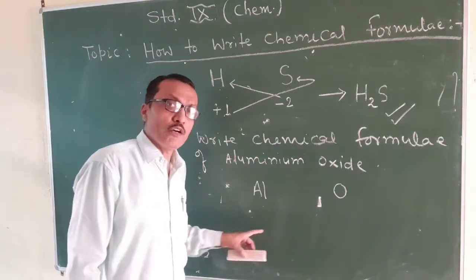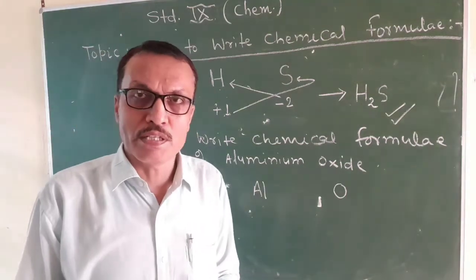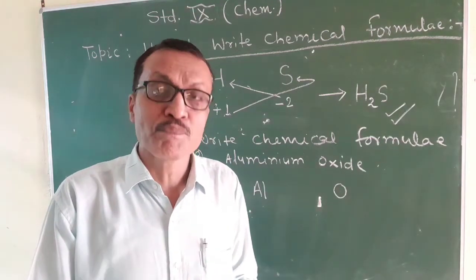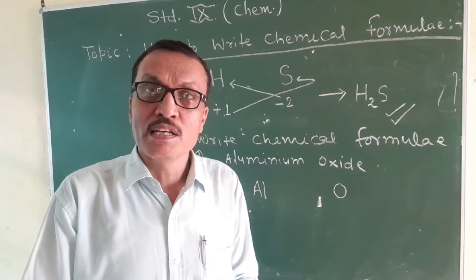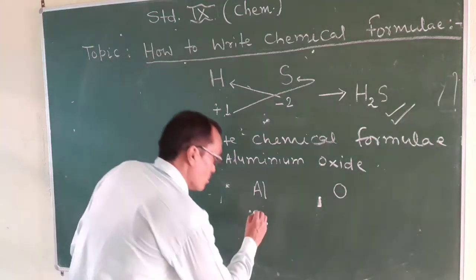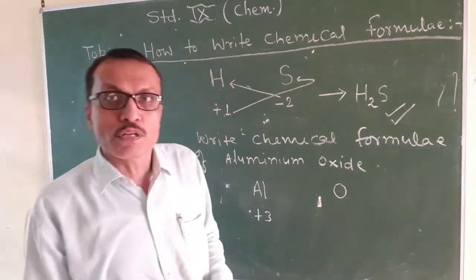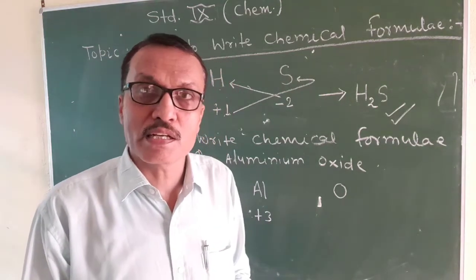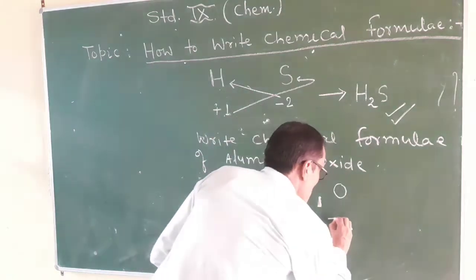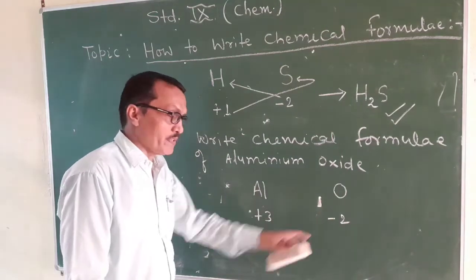Now, the valency of aluminium. So students, the atomic number of aluminium is 13. If you arrange those 13 electrons according to the Bohr and Bury scheme, then you will see in the outermost orbit there are 3 electrons. So the valency of aluminium will be 3. And in case of oxygen, in the outermost orbit there are 6 electrons. So the valency will be 8 minus 6 equal to 2. So separately I mention here the valency of each element.